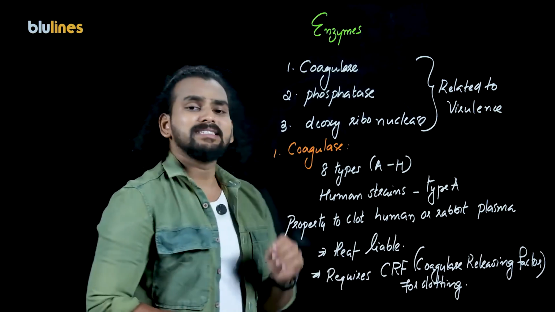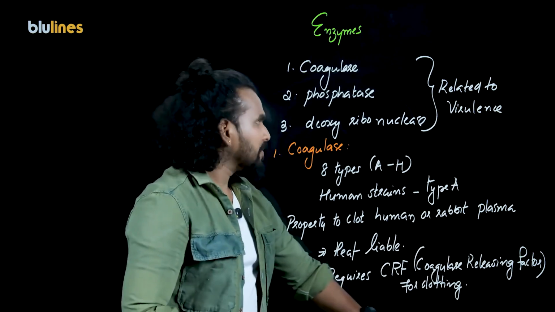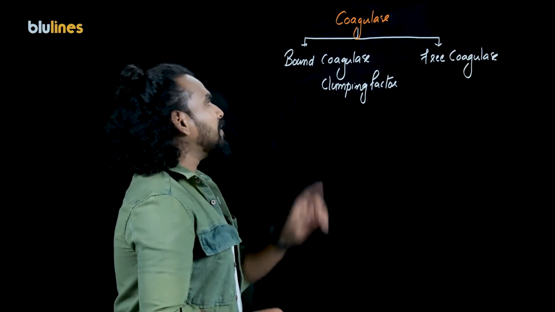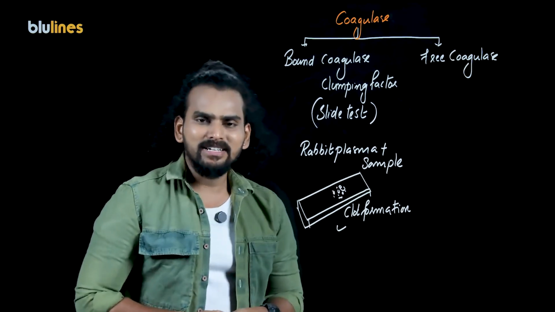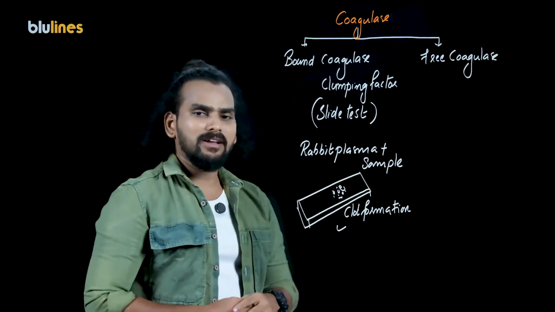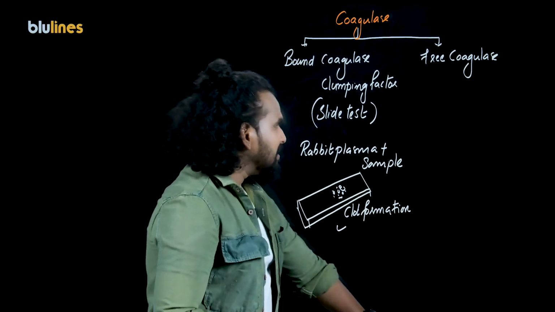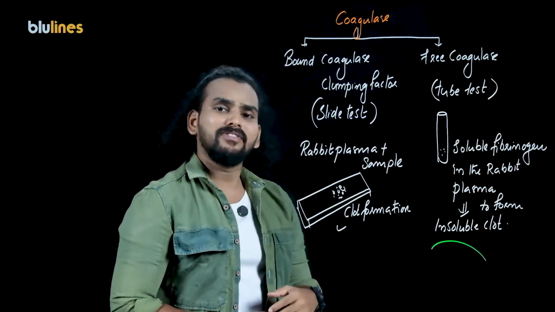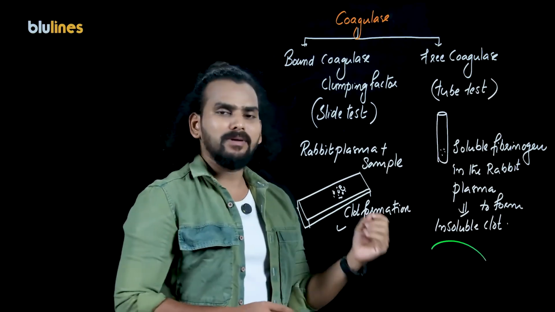Also they require CRF, that is coagulase releasing factor for clotting. Then two types of coagulases are there, that is bound coagulase and free coagulase. The bound coagulase or clumping factor can be detected by the slide test. They form the clot after the addition of rabbit plasma along with sample. Then the coagulase tube test is used to determine the free coagulase, which is responsible for converting soluble fibrinogen in the rabbit plasma to form